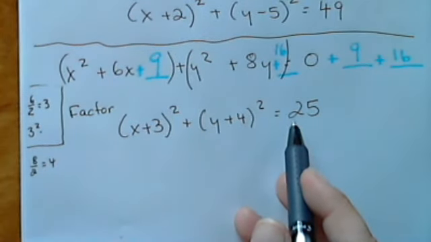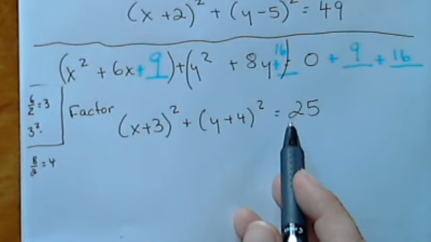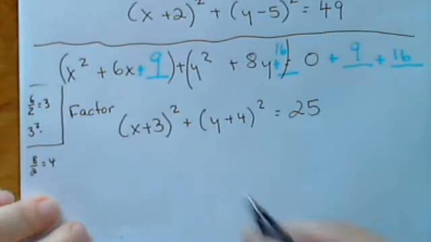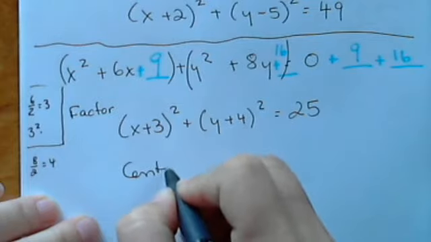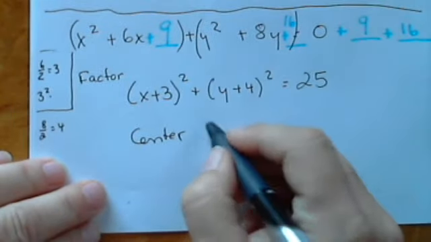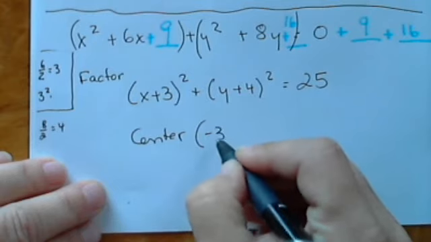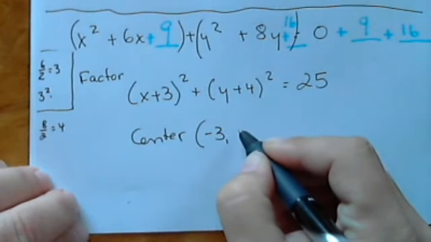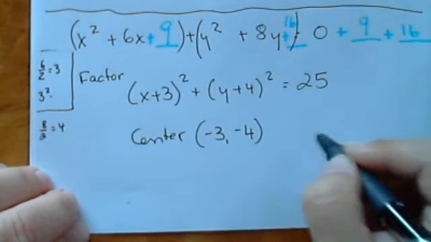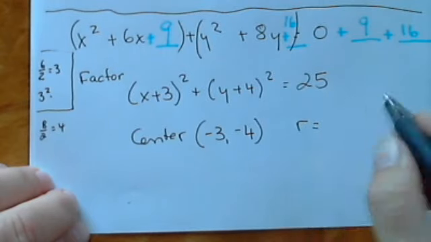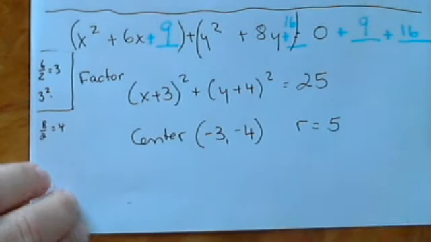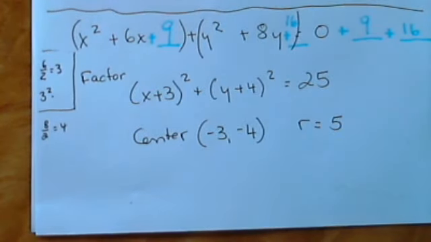I could ask one question. I could be asking you, what is the center and the radius? The center would be, in this case, make sure that you change the signs of our h and k, (-3, -4), and the radius, the square root of 25, which is 5. Here we go. Some problems about